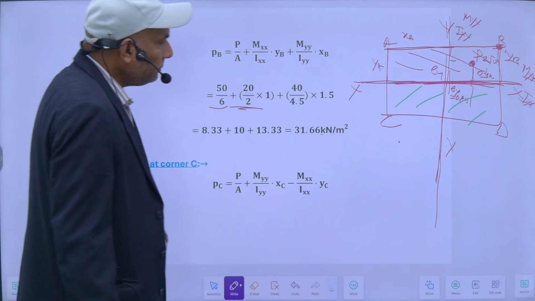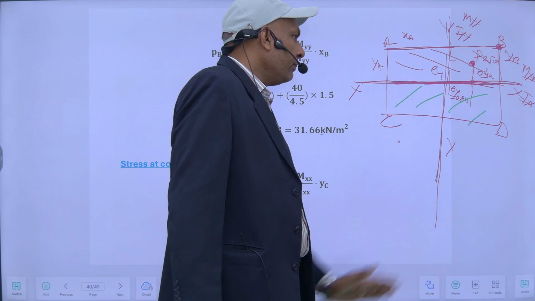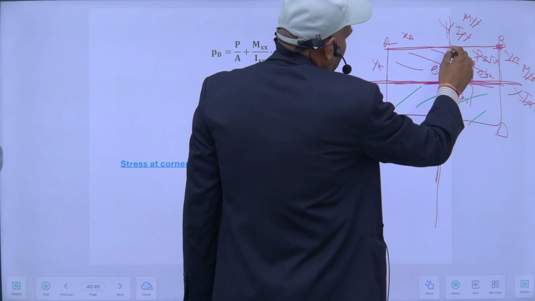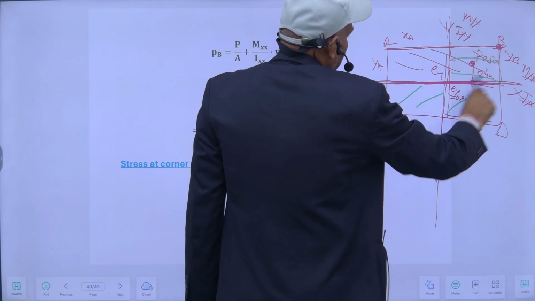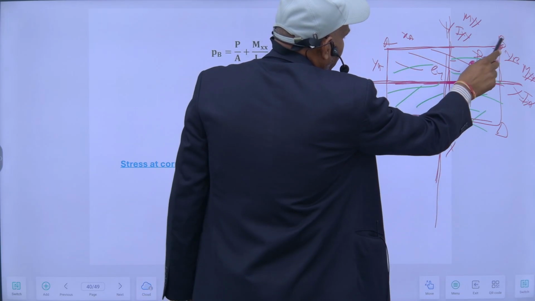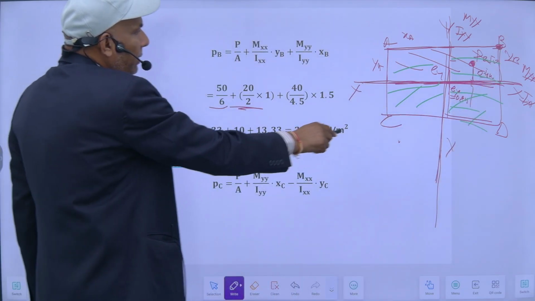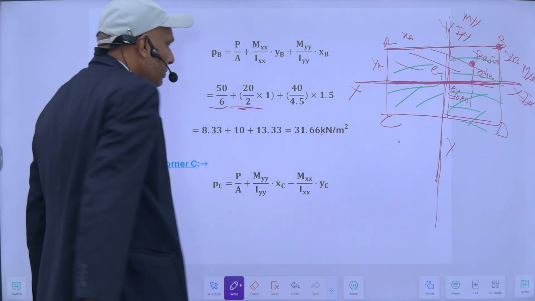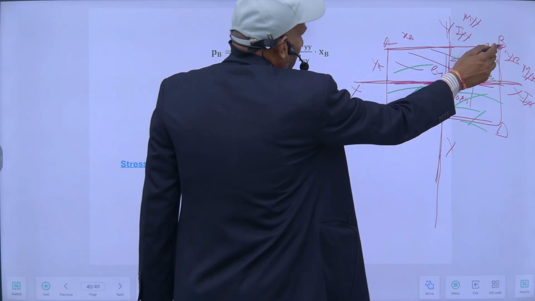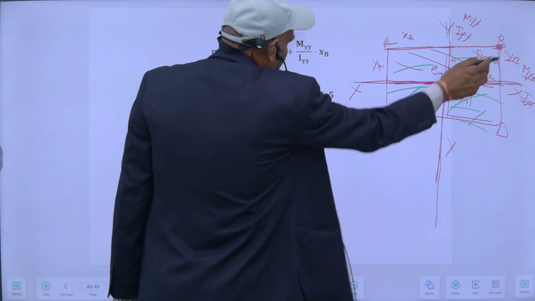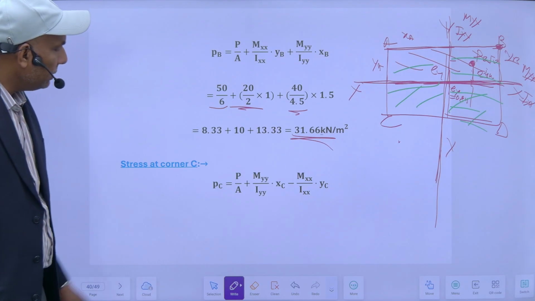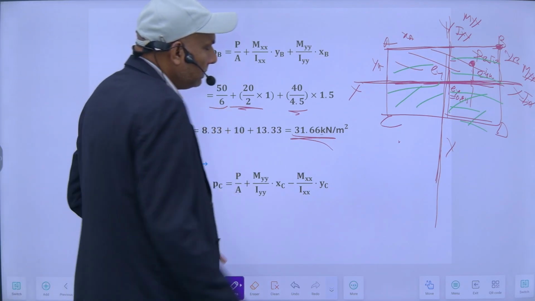And if I see along this y axis, it will create compression on this face and tensile on the other, so here also it will be compressive, so it will be 40 Myy upon Iyy into this distance, so this will be positive. So in the first coordinate all the values are positive, it will be throughout compressive, so the value will become this one. If I want to know the stress at corner C, at this corner,